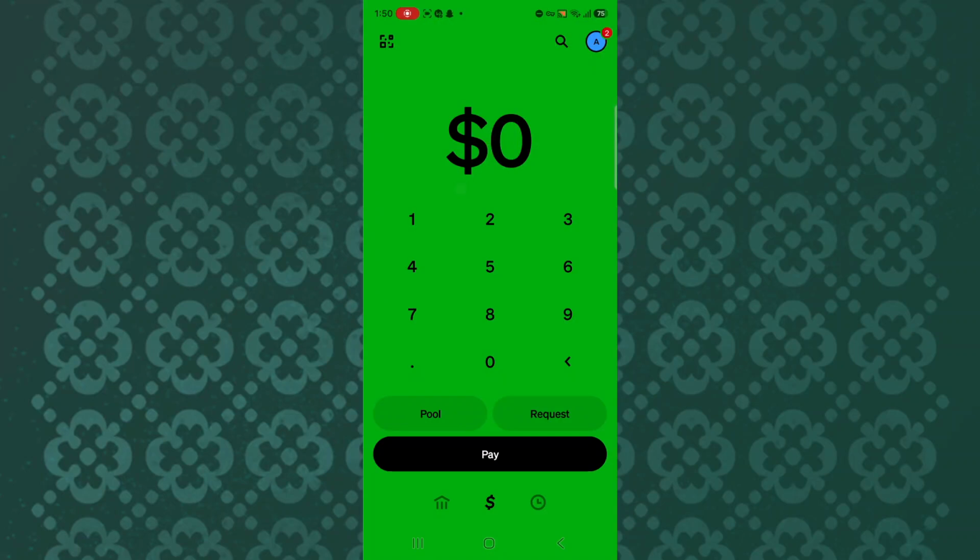How to fix Cash App won't let me send money. Hello everyone, in this tutorial, I will show you step by step how to fix Cash App won't let me send money. This is the Cash App homepage where you can enter amounts to send or request money and navigate to your